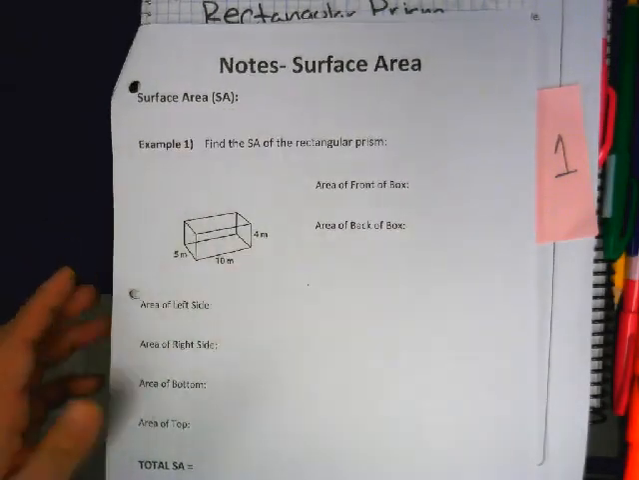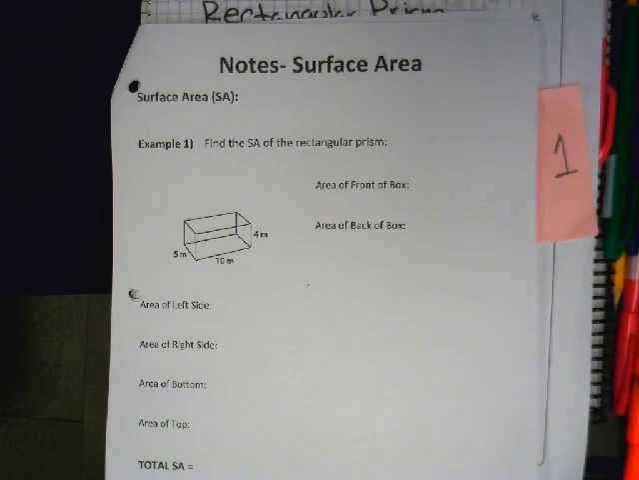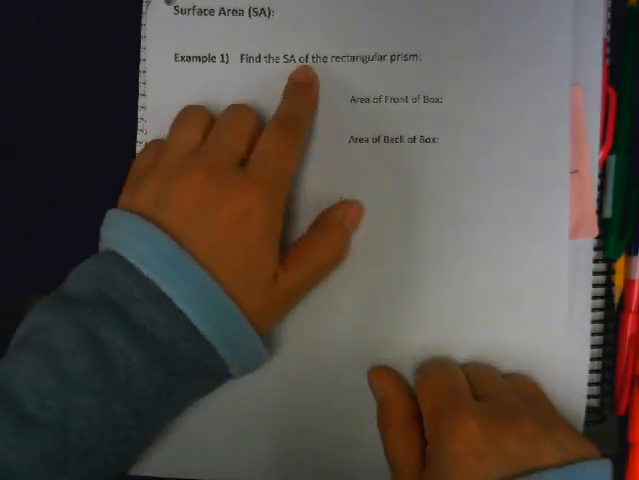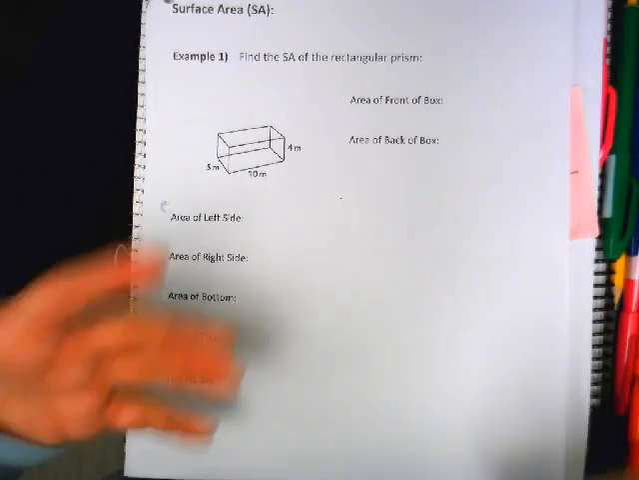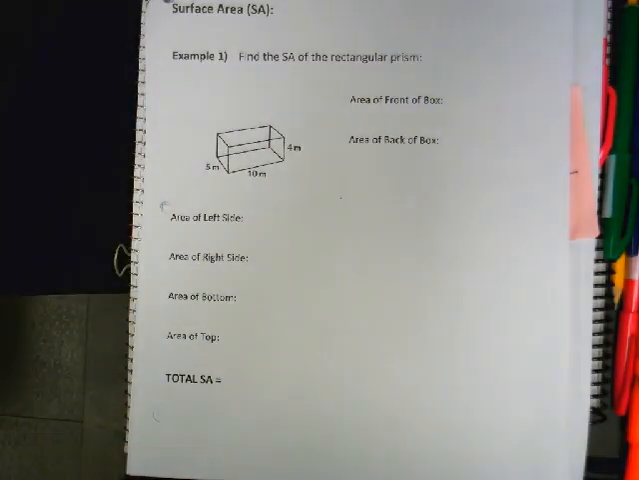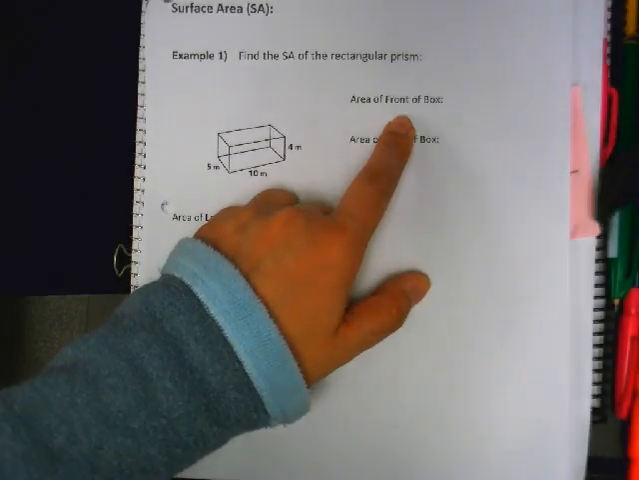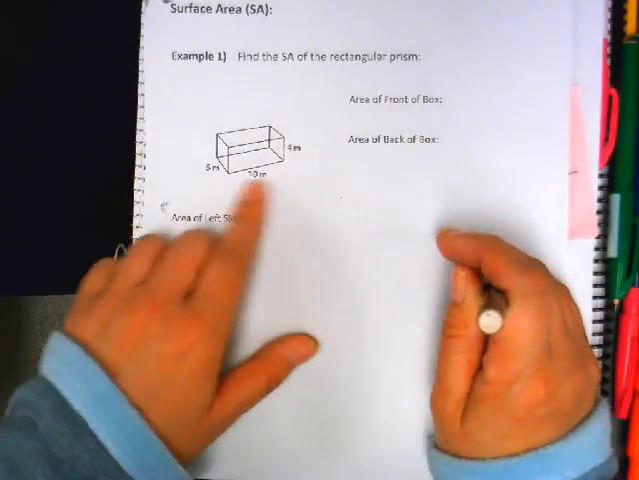Surface area is the area of all the sides of a shape. Okay, so find the surface area of the rectangular prism. A rectangular prism is a 3D rectangle, like the Kleenex box. Okay, the front side. So from this shape,